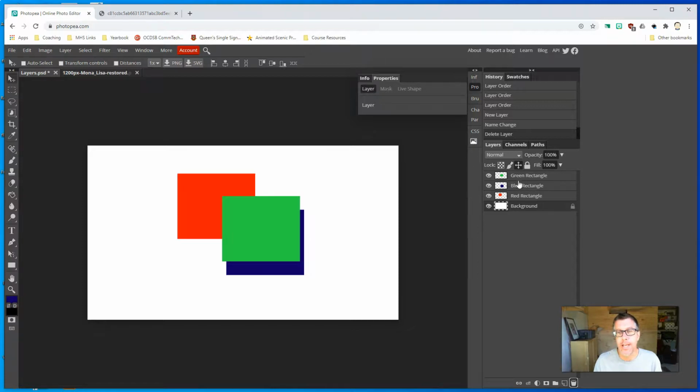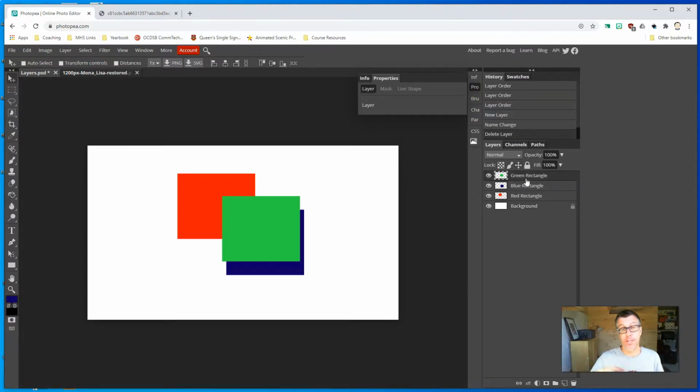In the case of the rectangles, that's taking up 3 layers within my layers palette. And maybe I want to treat them all as one. I'm going to have all my rectangles together and all my circles together, and I've got a whole bunch of different shapes. What you can do is you can group them together by using this little folder button right here. To do this, really simple,